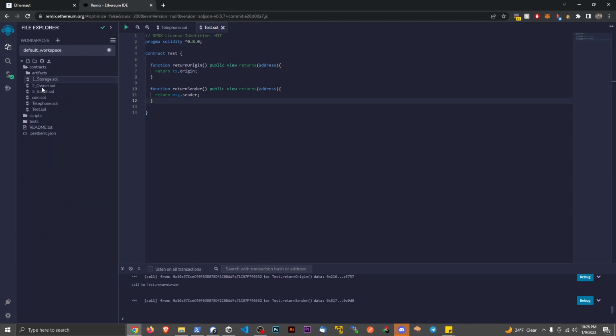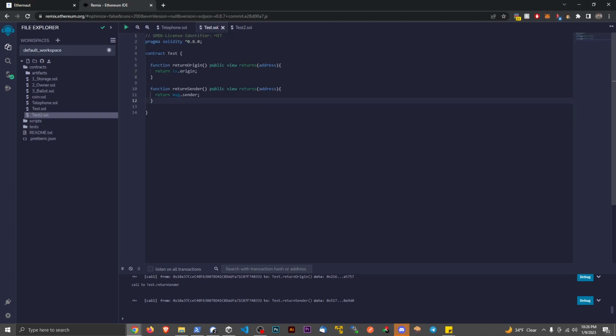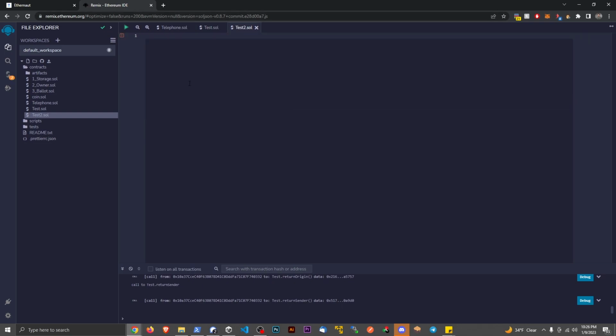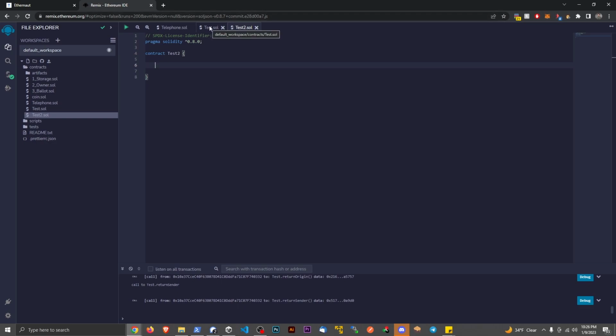Let's go back to our files here, and let's make one more new one. I actually did this earlier. I could have kept it, but that's okay. Test.sol. And we're basically going to copy this contract Test, and paste this here. Now we're going to remove both of these things, and call this Test2 now, and save it. Now at the very top, we want to import Test into this contract. We want to be able to interact with the ABI of this contract from this contract right here.